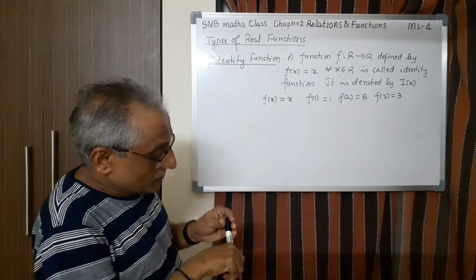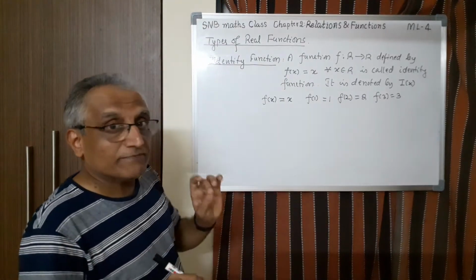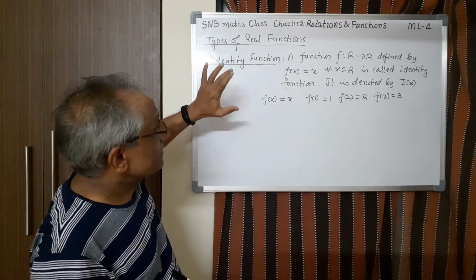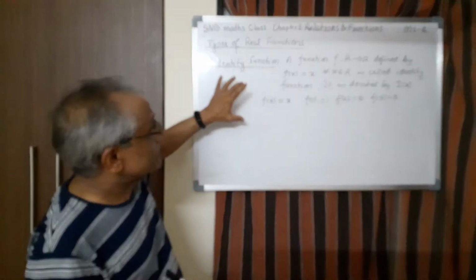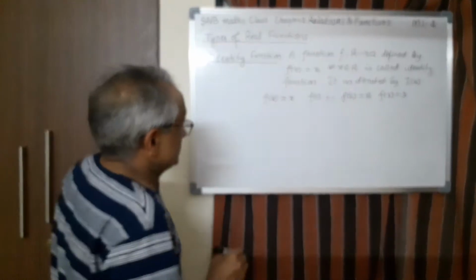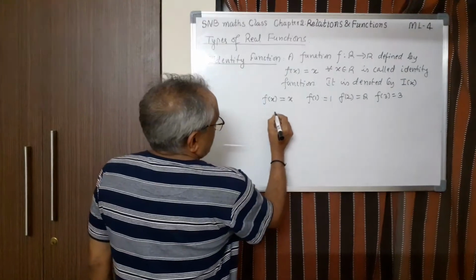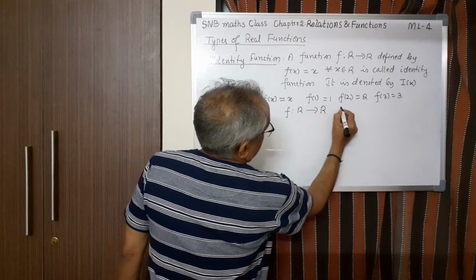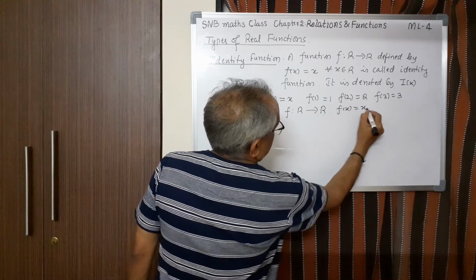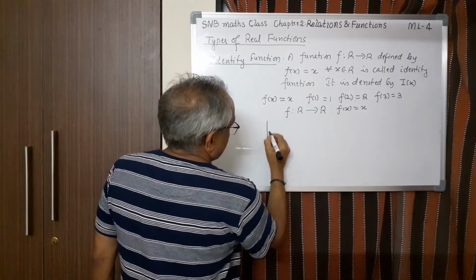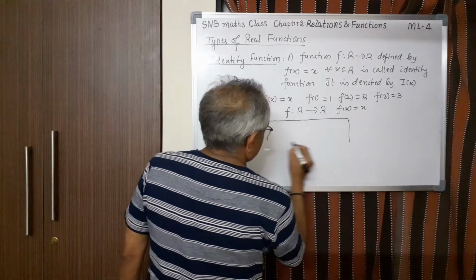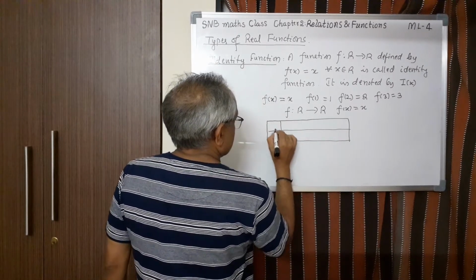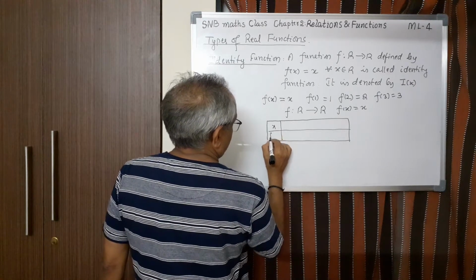Now if you want to understand the nature of this function, the best thing is drawing the graph of this function. It is a visualization of the function, a representation using a diagram. The procedure is like this. First, it is given f is a function from R to R defined by f of x equal to x. Taking this, you have to prepare a table of values. A few values we have to take, x and f of x.